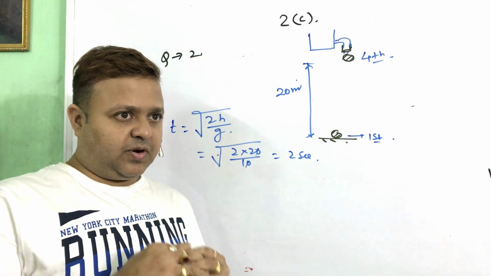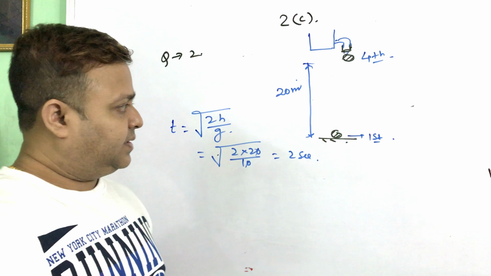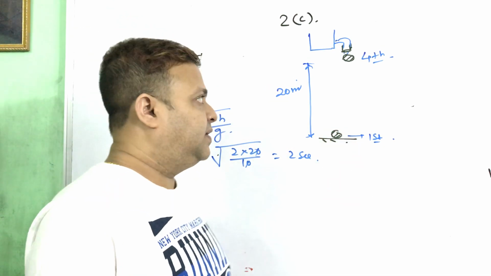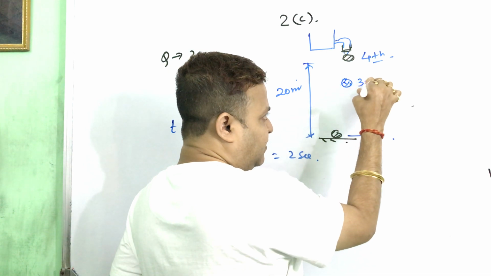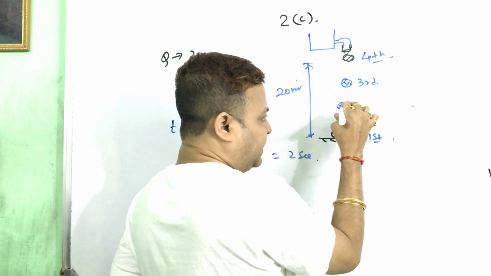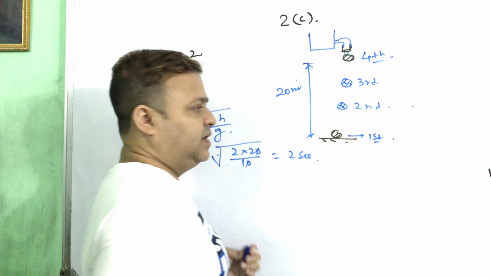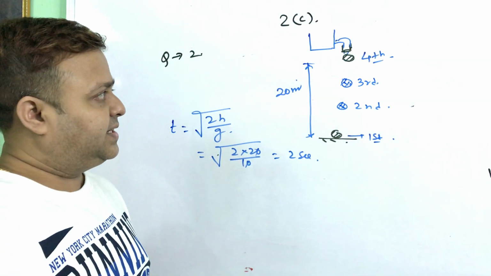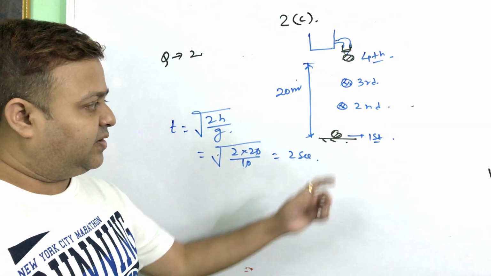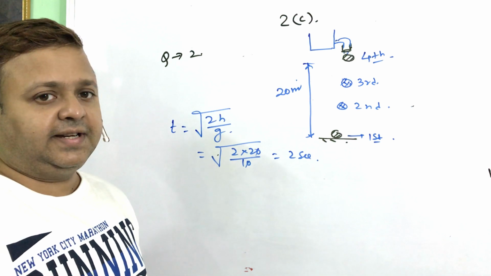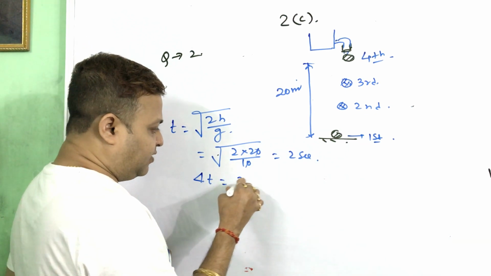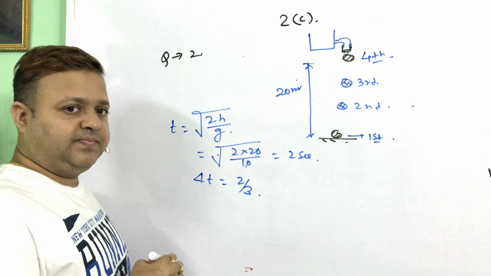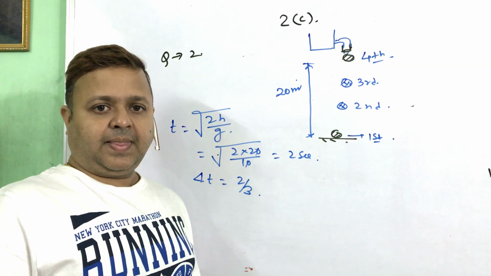So the number of drops contained: the first drop touches the ground, this is the fourth drop, this is the position of the say third drop, and this is the position of the say second drop. তাহলে আমরা কতগুলো ড্রপ দেখতে পাচ্ছি এখানে? এখন তিনটে ড্রপ দেখতে পাচ্ছি, because the first drop has already hit the ground. So the time gap between the two drops is 2 by the number of drops that we see.